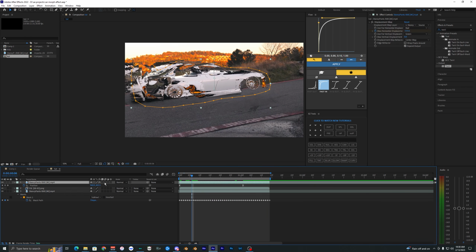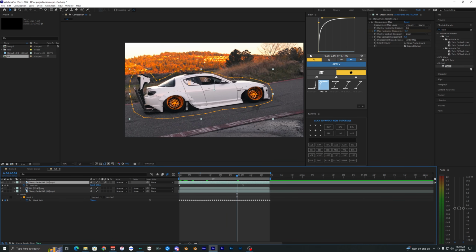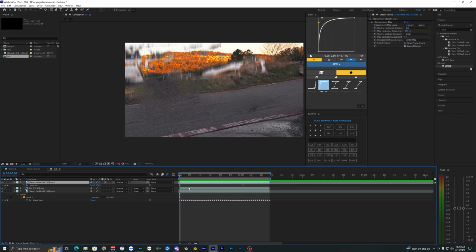So obviously you guys can mess with a lot of stuff here. We can turn on motion blur there, get a little bit of a different effect. So yeah, just have fun messing with all the different effects that you can use with this,